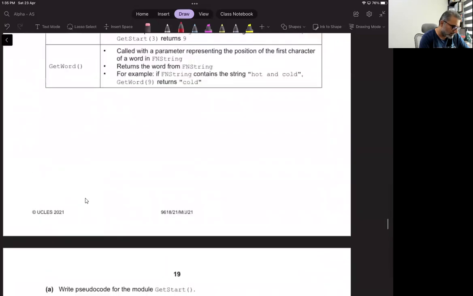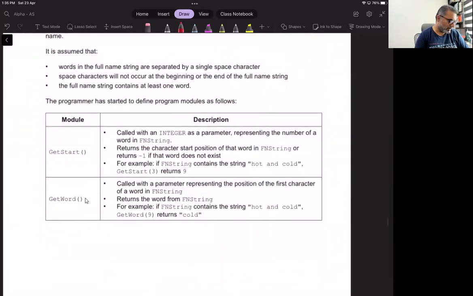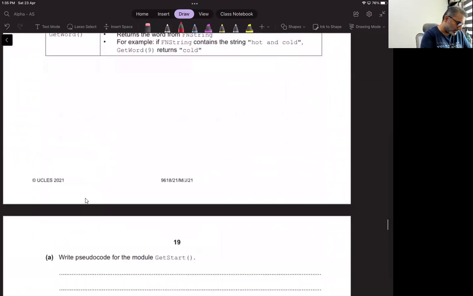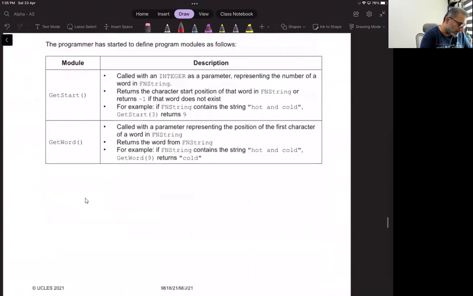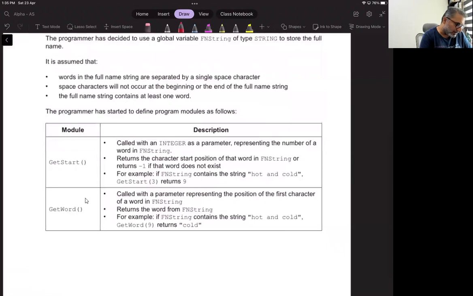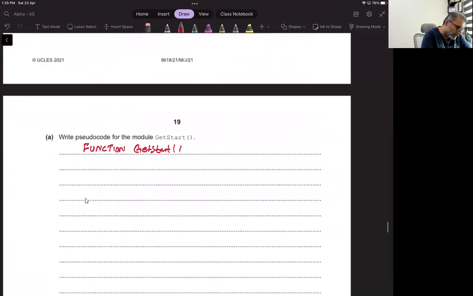So we have to write the code for get start called with and it returns. So it is a function. Function get start. Function get start called with an integer as parameter representing the number of word in the fn string. So get start with word number as integer